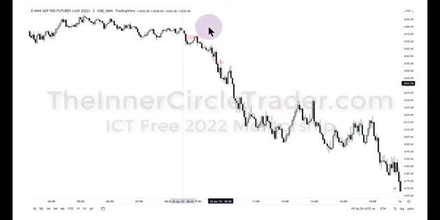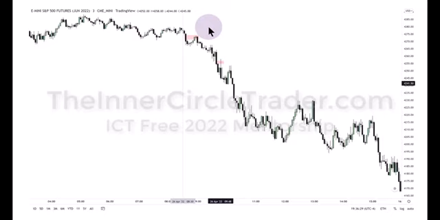Many times in my early development, I got crushed on days like this, where it felt like, okay, it's too low now. It can't just keep going lower. So I'm going to try to buy it now because indicators told me that we're oversold. 1992, 1993, 1994, I blew account after account after account doing that. And it's frustrating.